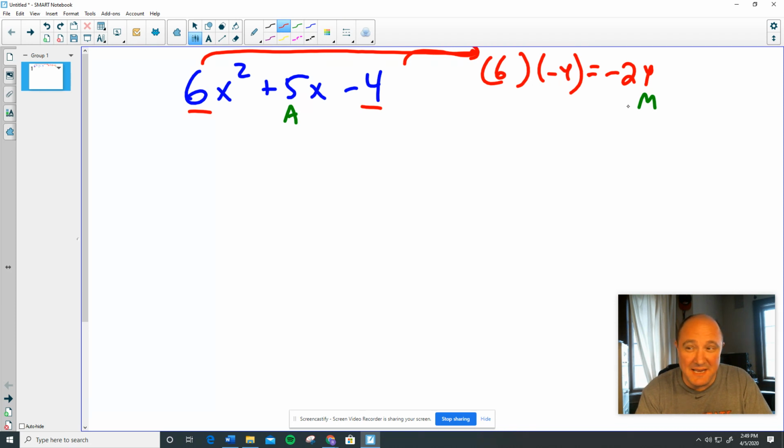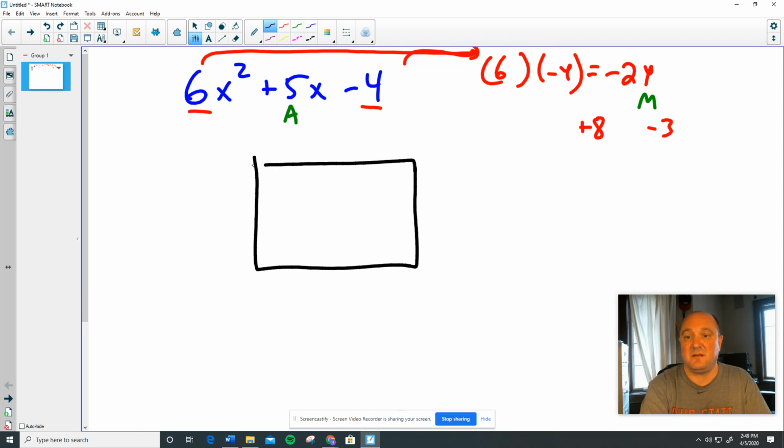It's not 12 and negative 2. It's not 6 and negative 4. It's good old positive 8 and negative 3. So that's the same as the method Ms. Lindsay was showing you. But now, in the box method, we go ahead and we take that positive 8 and